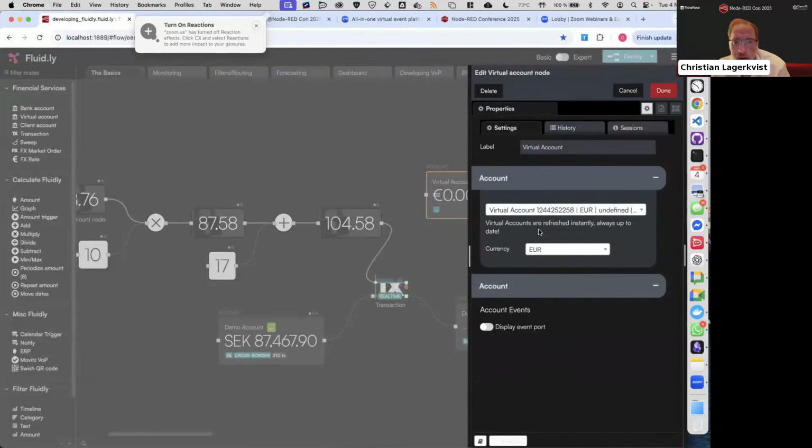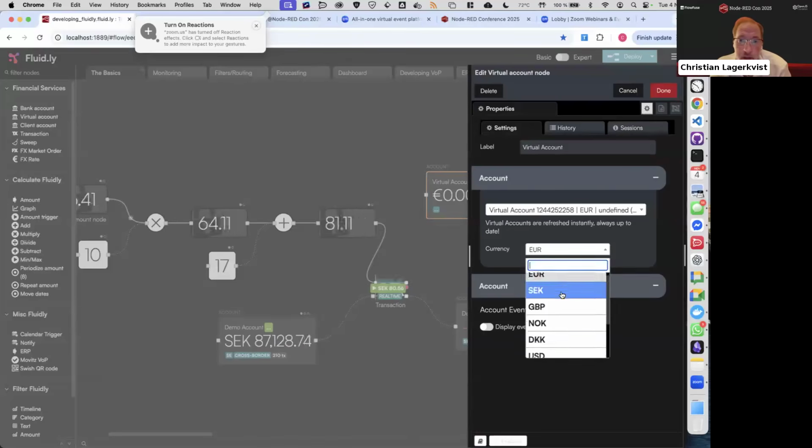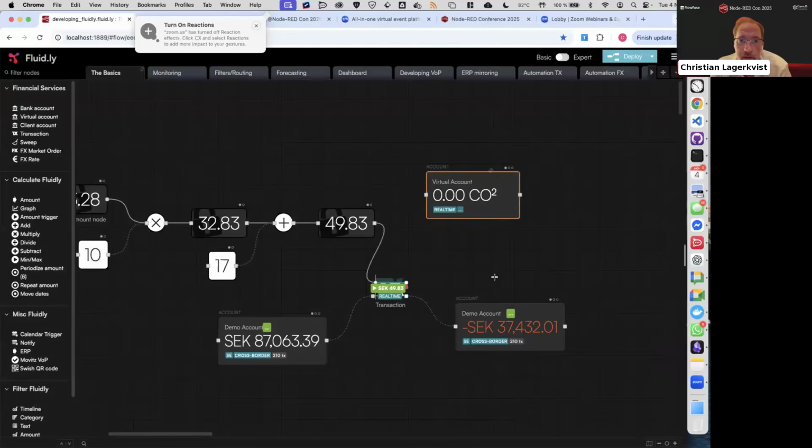And virtual accounts are interesting per se because what they really are is just a balance holder. And I'm using the Tiger Beetle ledger, which is another startup from South Africa, and I could set any currency I want. So I could use this to measure carbon dioxide or energy if I wanted.